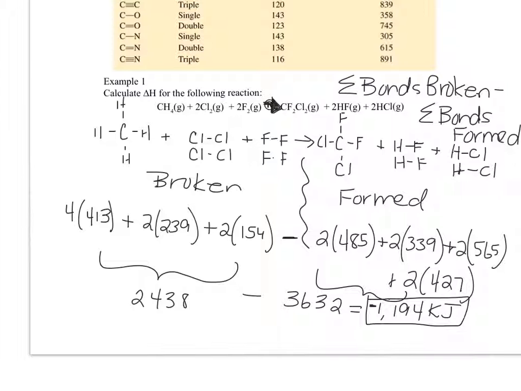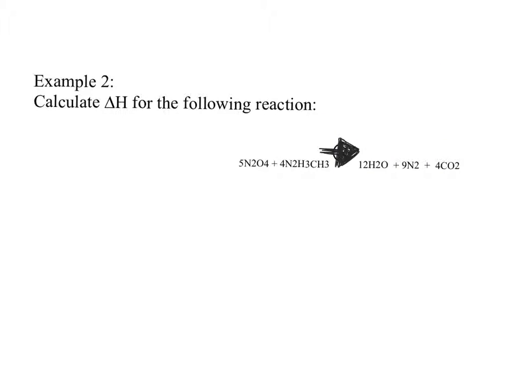All right, let's look at another one. So this one's a little more challenging in the sense that the drawing of the molecules is complicated, and you wouldn't get one like this on the exam. And we haven't talked about drawing Lewis structures yet, so don't worry about that. So what you have is 5 N2O4. So how we would draw N2O4 is like this. We would have N, N,